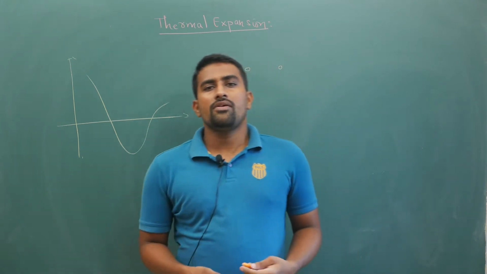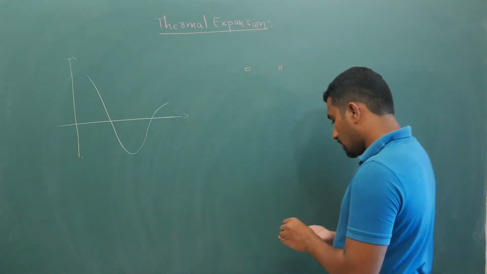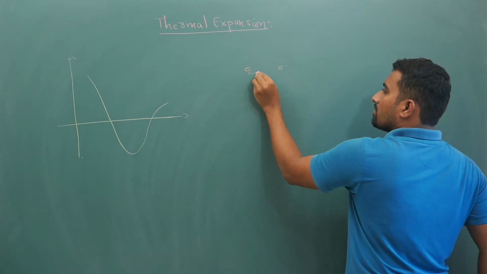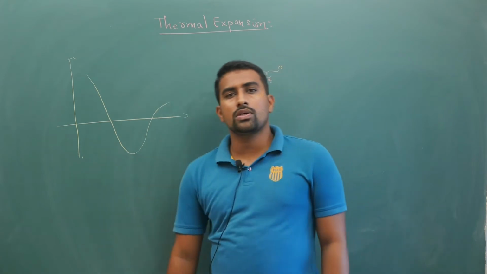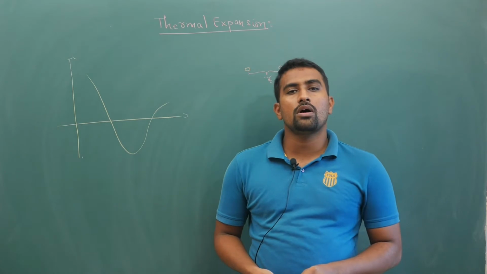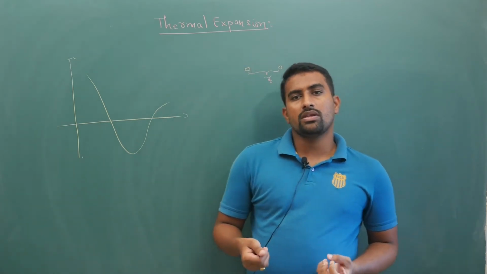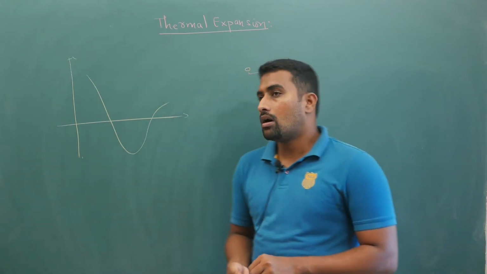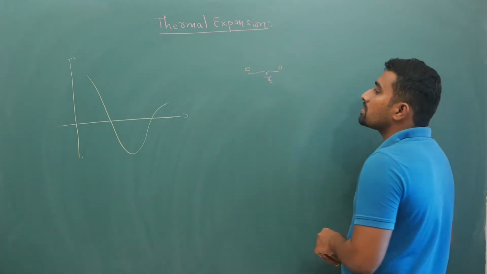Now if you take the solid, usually the molecules of solid will be at equilibrium distance. So that means from here to here the equilibrium distance is R0. Once the solid molecules are at equilibrium distance, what happens is when you start giving out heat energy, or when you start extracting heat energy, this equilibrium position will get